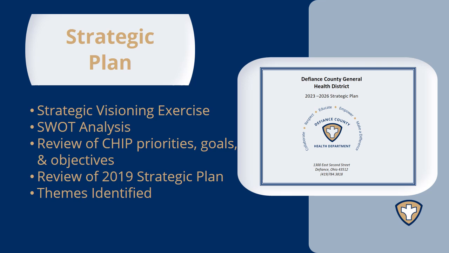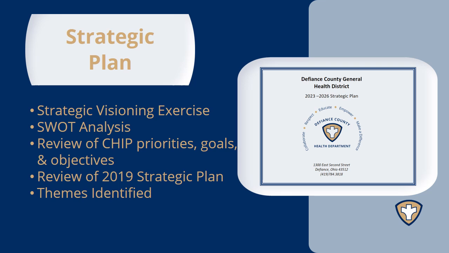So I'm going to move into the next part, which is to look at our agency strategic plan. Our agency strategic plan is created by looking at a lot of different things. And starting off with our community health assessment and community health improvement plan, I wanted to draw a correlation of how that relates to our strategic plan at an agency. When we look at the services and programs that we are conducting at the health department, we want to make sure that those align with the overall goals or objectives for health improvement at a county level. So that's one thing that is taken into consideration when developing the strategic plan.